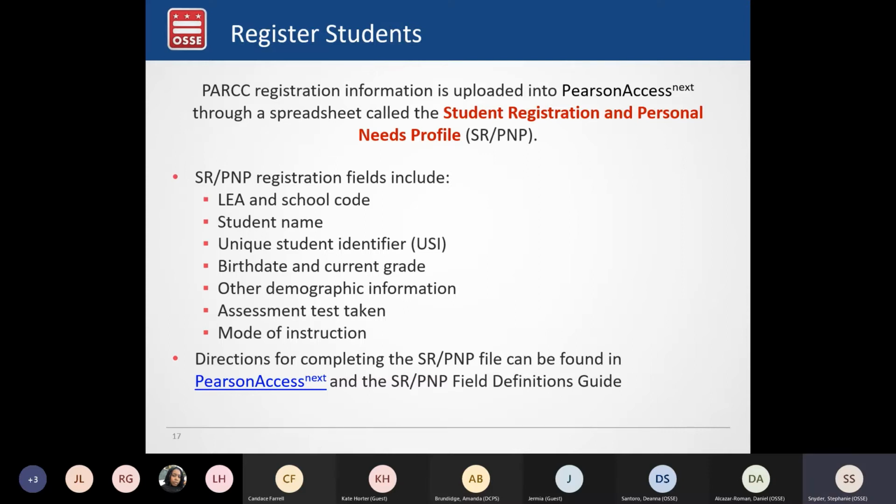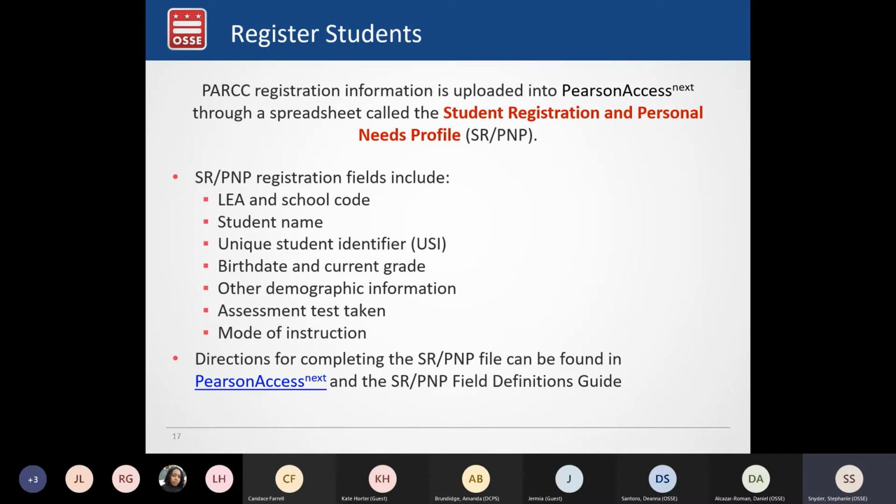As you're looking at registering students in Pearson Access Next, that information is uploaded through a document called the Student Registration and Personal Needs Profile, or SRP&P, which provides student demographic information, but then also includes information about accommodations and accessibility features that students may be entitled to.